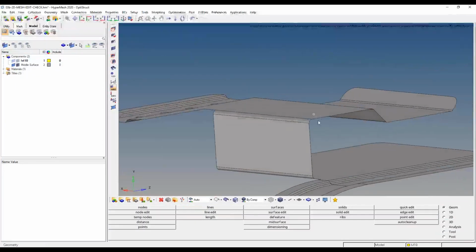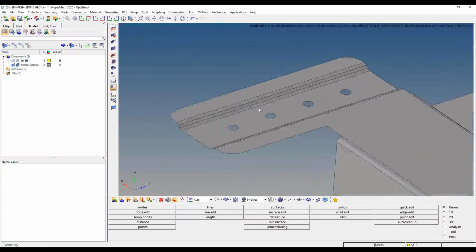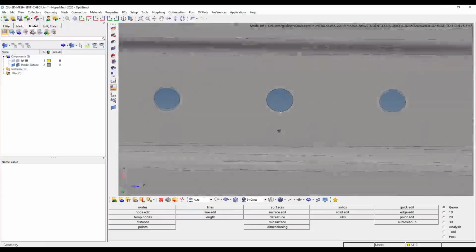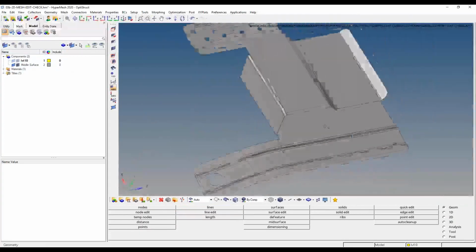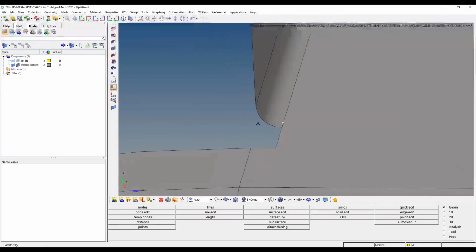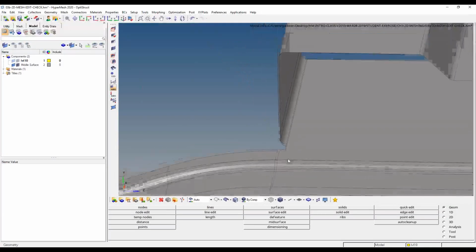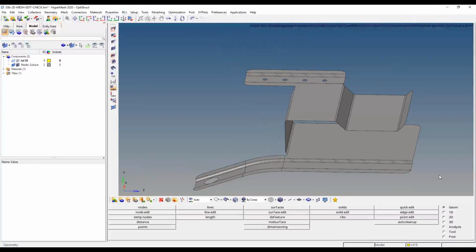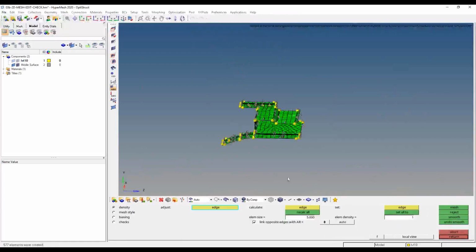And to start here, I'm just going to throw on a mesh to begin with. But a couple things I want to call out. We're going to see that we still kept those washer holes in the mid-surface. There's still a few small fillets and jogs. Like there's a small little lip here that got kept in the model. A few little things like that. Now, when I go to mesh this, I'm going to mesh this with a 5mm mesh to start,